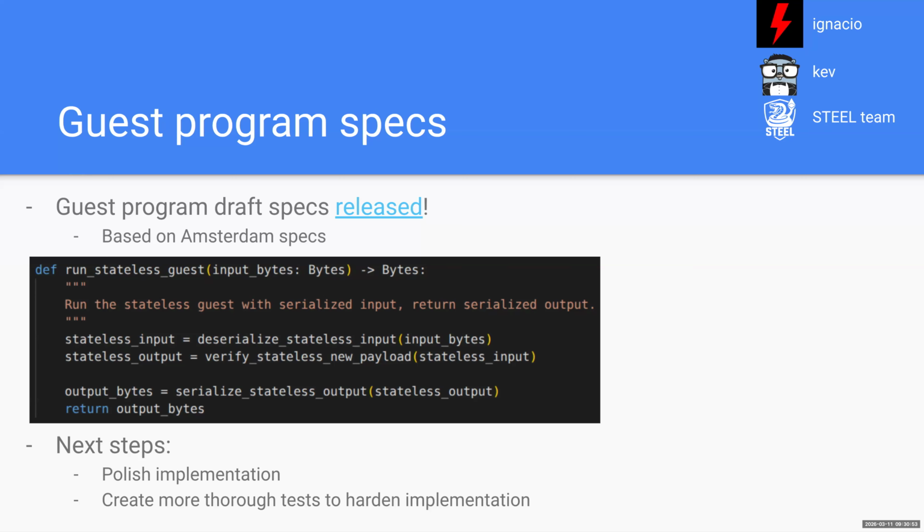And related to what Kev was saying before, in this same release, we already added 2 extra fields in the fixtures, which are called stateless input and stateless output. So you can start doing some early experimentation, at least trying to deserialize the inputs and testing how this works, because in the current specs we are using SSZ for serialization of the inputs.